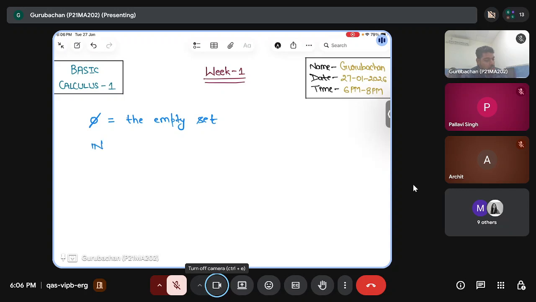While to denote the set of natural numbers, that is defined from 1, 2, 3 and so on, this is the set of natural numbers. One can observe here that we are not writing it as normal N. We are writing it in this particular special kind of notation,